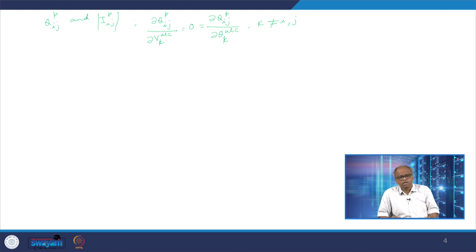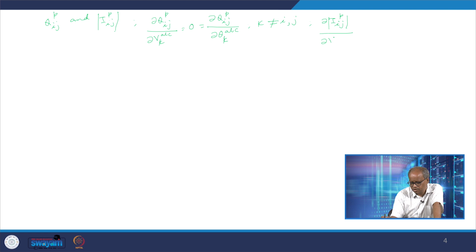But del Qijp by del VIABC would be non-zero, del Qijp by del theta IABC would be non-zero, del Qijp by del VJABC would be non-zero, and del Qijp by del theta JABC also would be non-zero. Similarly, I can say that del Iijp magnitude